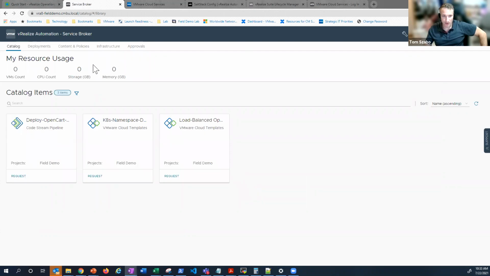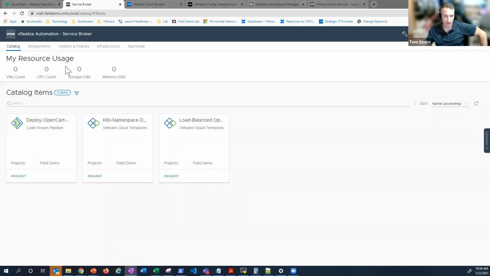So just as a quick recap here, this is the service catalog that an end user would be logging into and consuming. Everything that you see here, by the way, we're looking at the GUI. It is also available via API. So, one, this can be consumed via API, and a common use case is that a lot of my customers have